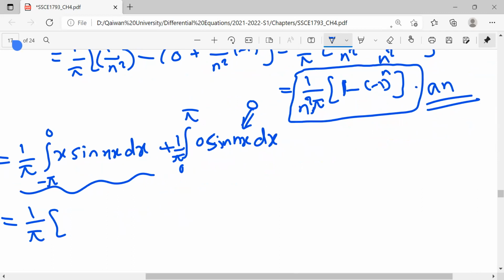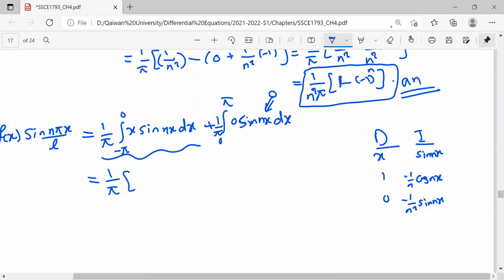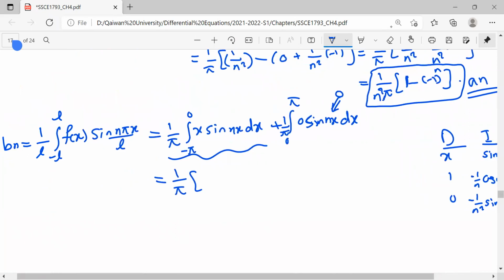D I, this x is sine nx. We take derivatives till we get 0. Derivative of x is 1, another derivative is 0. And for sine nx, its integration is minus 1 over n cosine nx. Another integration is minus 1 over n squared sine nx. Okay, we get,